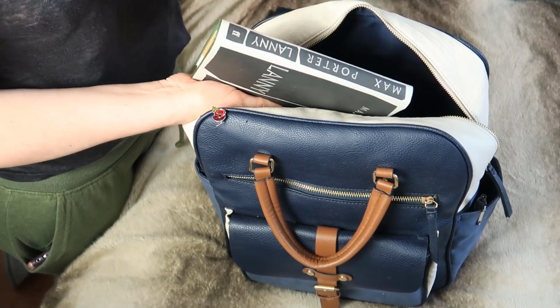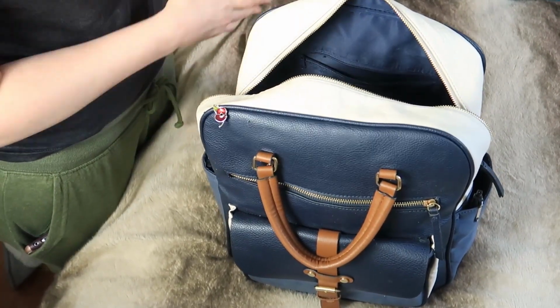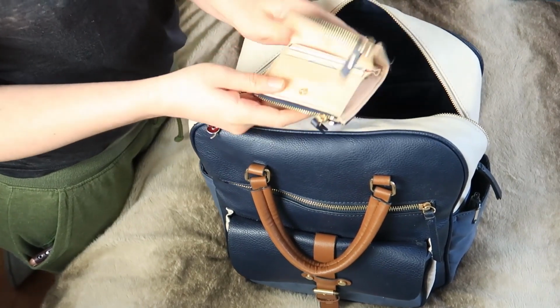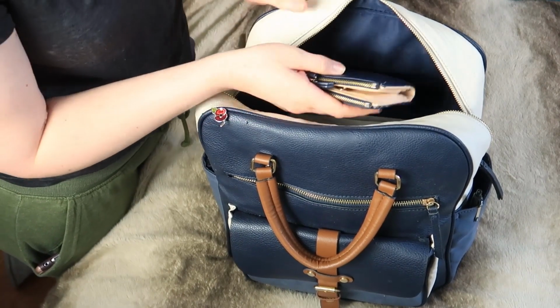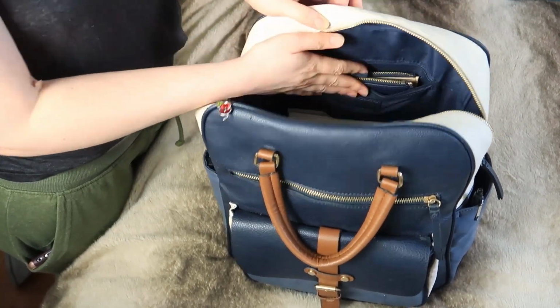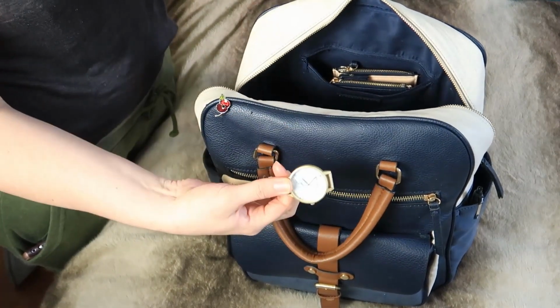when I'm at the airport. I quite like getting a holiday book. So I will pop this one in the back. I've got my purse with me. I always kind of just downsize my purse. So this is like a little mini one that I take on holidays. And I'll put that in there. And my watch, but that's really just there because I'm going to put it on in the morning before I